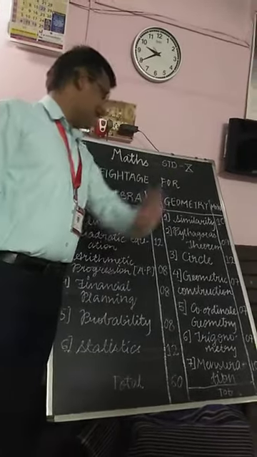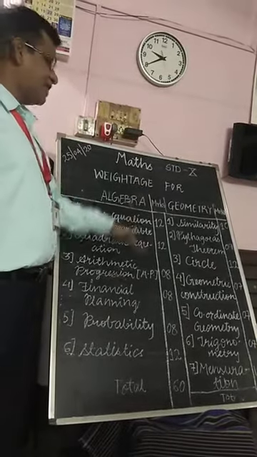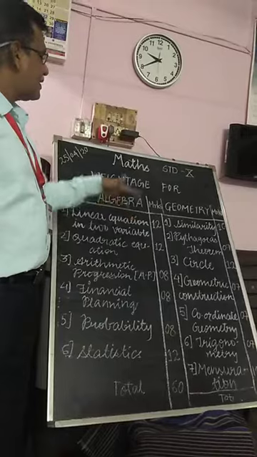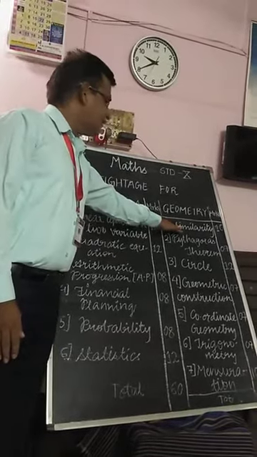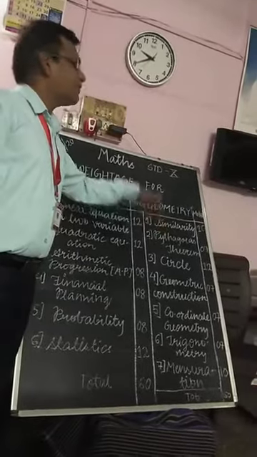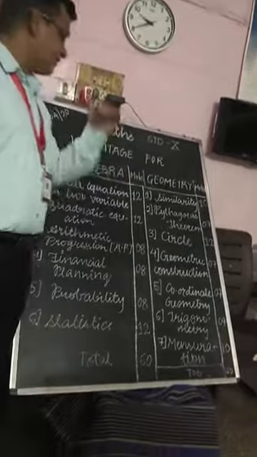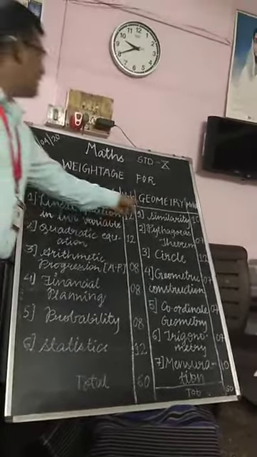chapter, that is similarity, some theorems are there. The BPT theorem is an important theorem, and all these theorems are important in similarity, and the proofs are there, some sums are there. So you have to learn similarity using those theorems and all the formulas. It carries 10 marks.